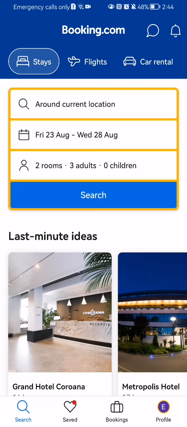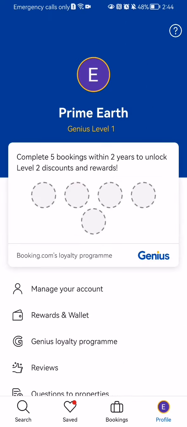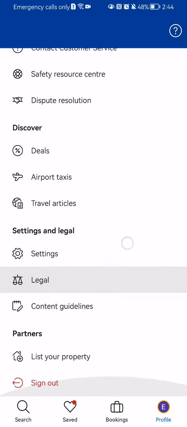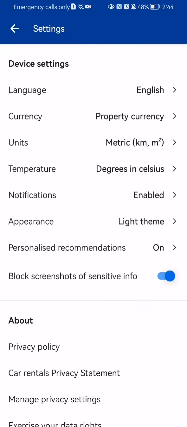Once you are done with that and you are in the home page, you should look at the bottom of your right corner and there you will find your profile. Press on it, and here in this page you should just scroll down a little bit, and in the settings and legal section you should just press on the settings option, and here you should press on the third option,